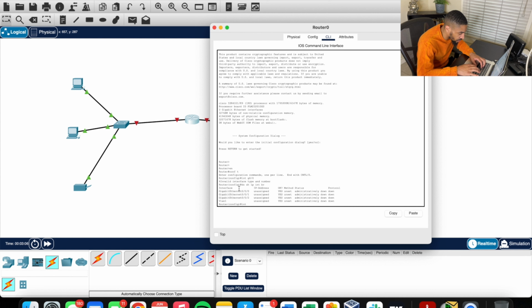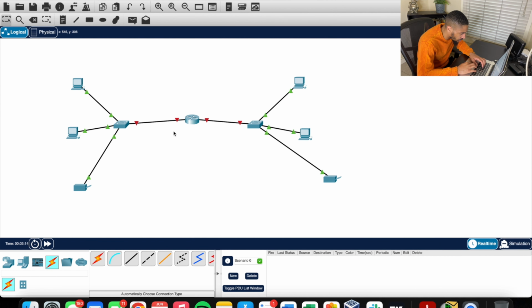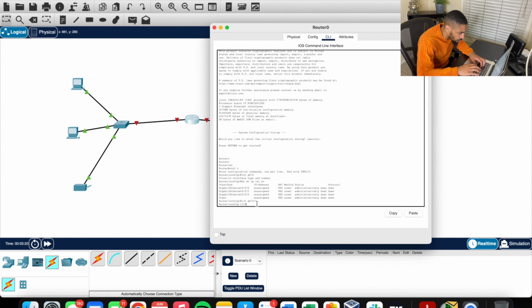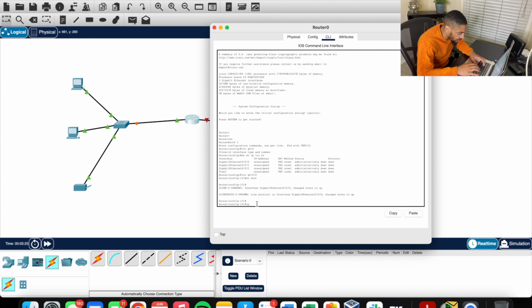So interface Gig0/0. I see there. Let's make sure that's correct. It is. All right, let's go no shutdown to bring that up. I will make this IP address 192.168.0.1, 255.255.255.128, because you're going to be using a /25 to divide these,